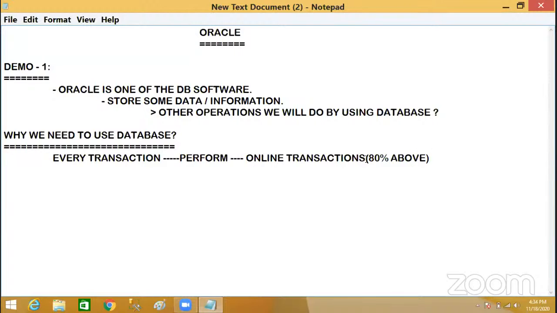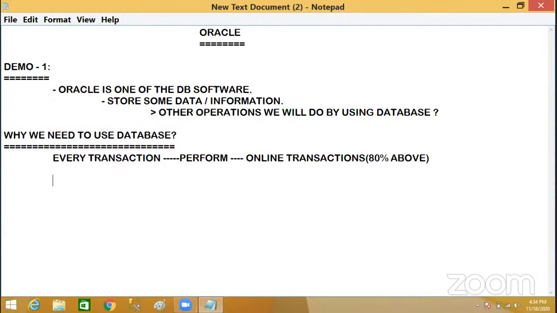Okay, so here is a problem. Whenever you do your transactions online, the problem is this: every transaction, all of you know this, observe carefully.